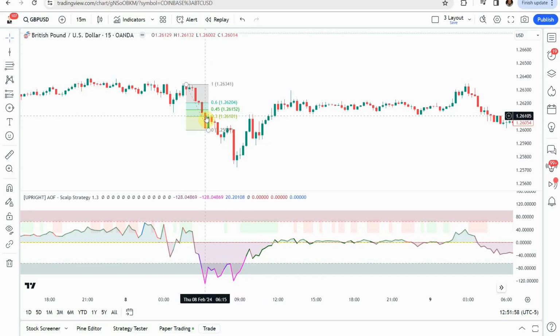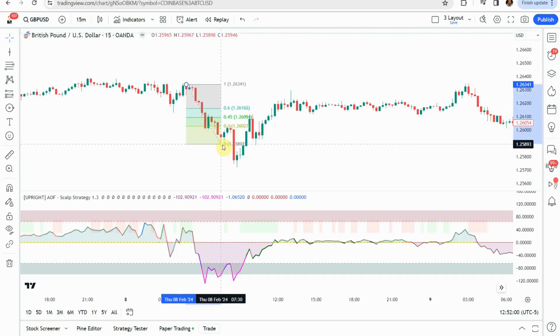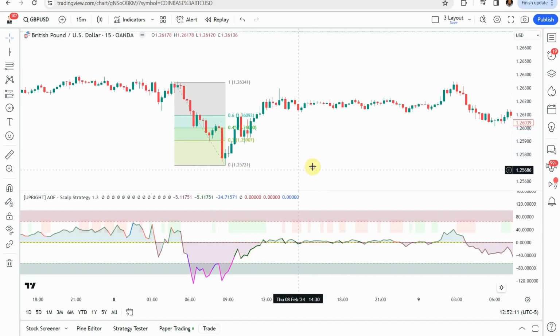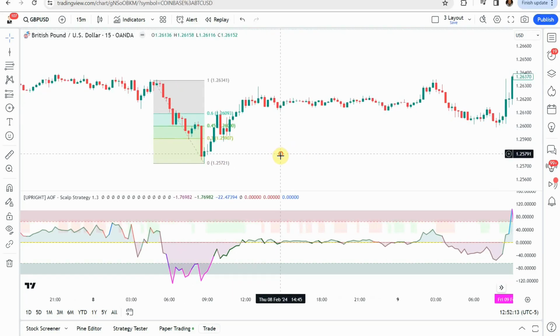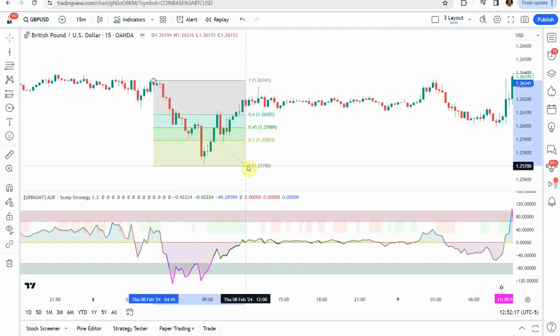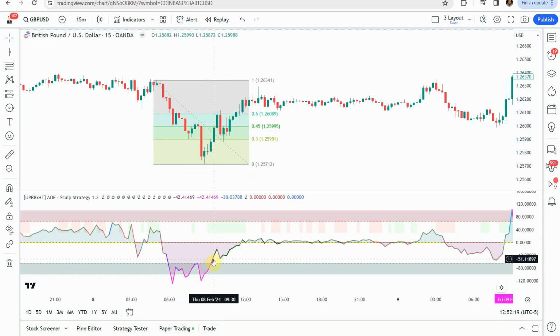And so we're not doing anything yet. We're just following price action as it's making these new lows here, and the MR line is well below that -65 marker, and we just keep trailing price down as it's making these new lows down here. And then what we are looking for again is when we get that cross above that -65